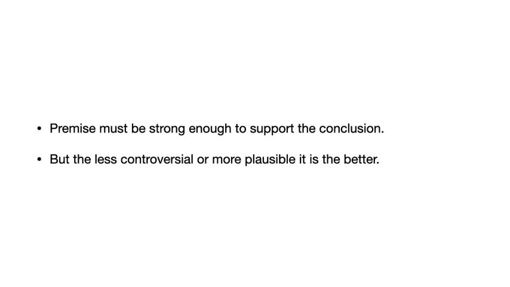A more controversial premise will often provide more support for the conclusion, but being more controversial is a flaw for reasons we'll talk about. A less controversial premise might not be enough to support the conclusion, right? Let me talk a little bit about this controversial versus plausible distinction. Lavin talks about it much, much later. I want to talk about it now because I do think it's important to filling in missing premises. It's important in and of itself. So let's talk about it, then we'll come back to see how this works.